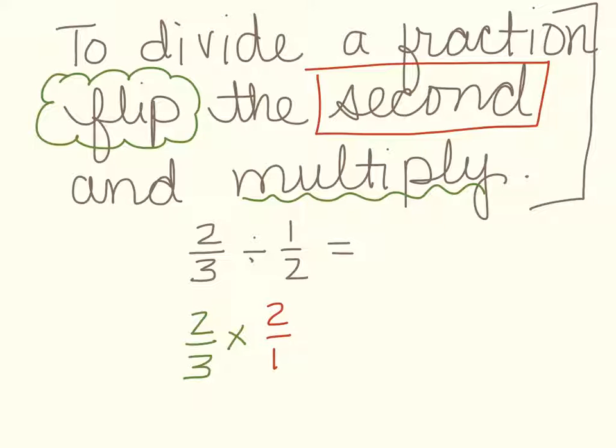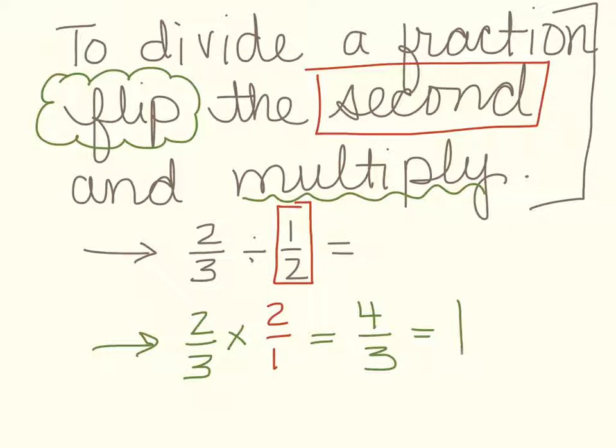I'm finding the reciprocal of that second fraction. So to divide a fraction, which is what they're asking me to do right here, I'm going to flip the second one and multiply. So I get 4/3,